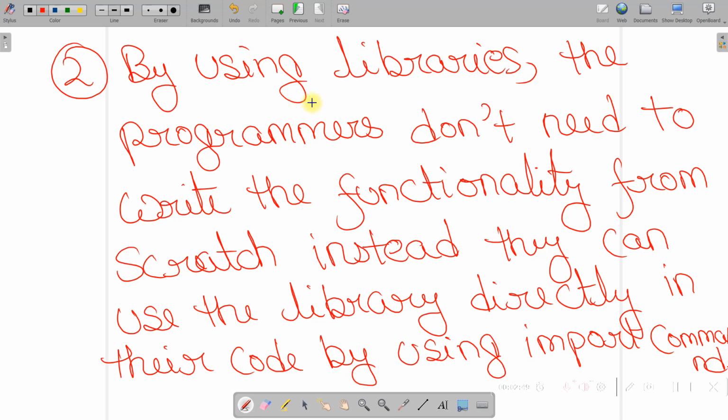if the programmers are using libraries, then they don't need to write the functionality again and again if there is any requirement to use some functionality multiple times in their code. Instead, what they can do, they can just create one library and they can just call that library in their code whenever required. Okay,